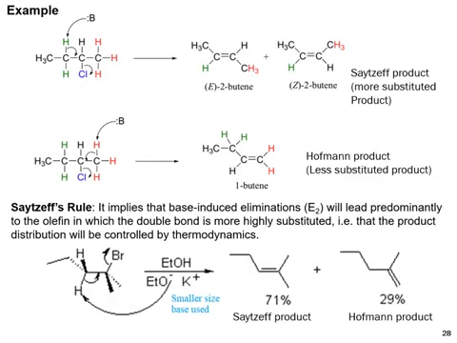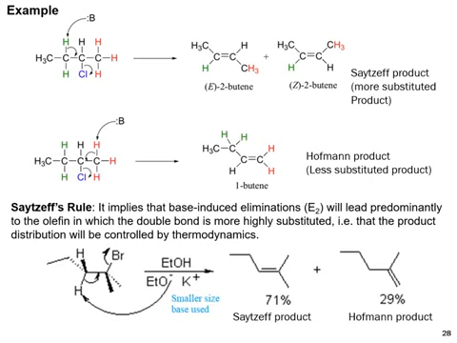These are the examples of the E2 reaction. The base subtracts the proton and the leaving group chloride leaves. Then there are two possibilities of olefinic bond. The resulting product may be E-2-butene, may be Z-2-butene. The product is from the more substituted alkene. This product is called the Saytzeff product.